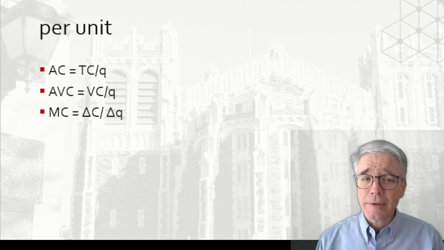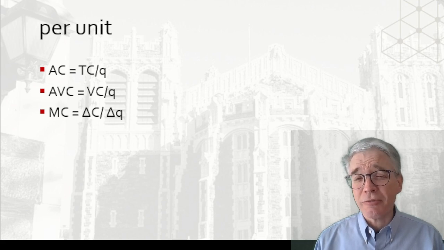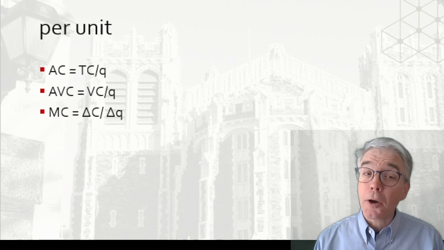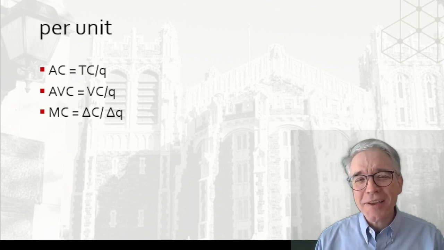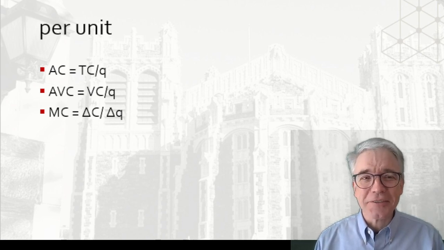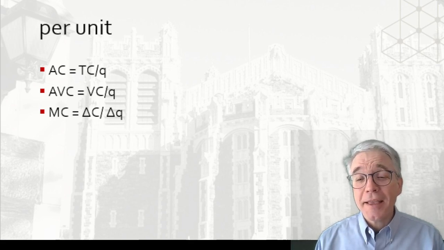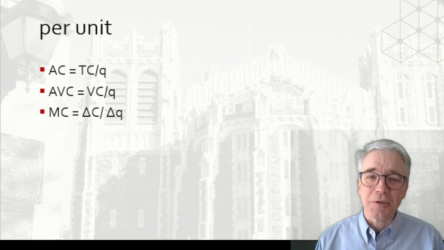Now, that MC is delta C, but it doesn't matter whether that C is total cost or just variable cost, since fixed costs are, wait for it, fixed. They don't change as Q changes. So delta TC is equal to delta VC, since delta FC is zero by definition. If you've done any calculus, you'll remember that the derivative of the constant term is exactly and always zero.